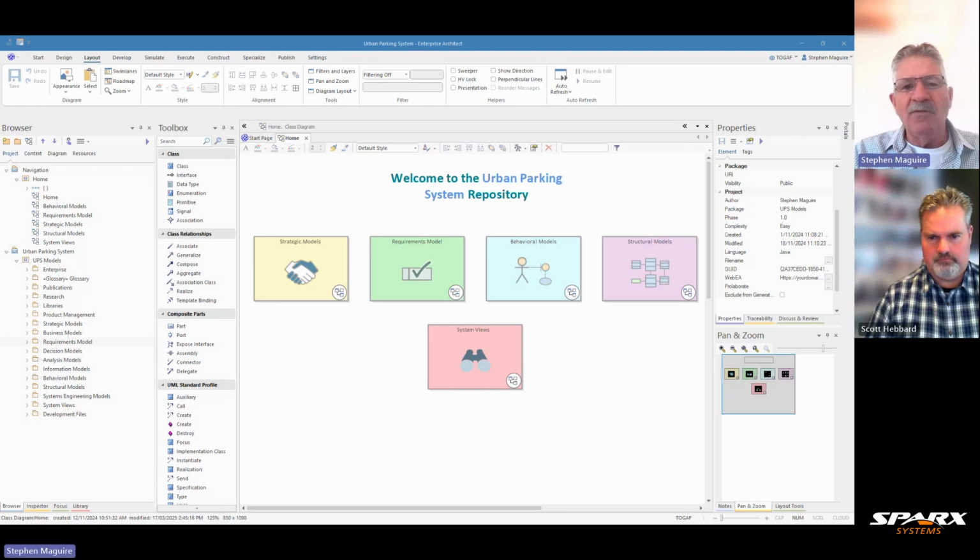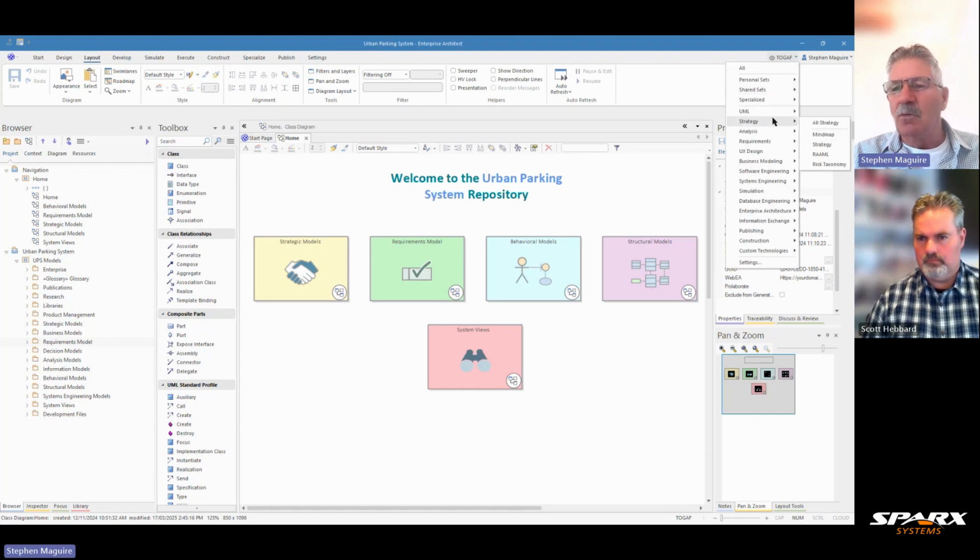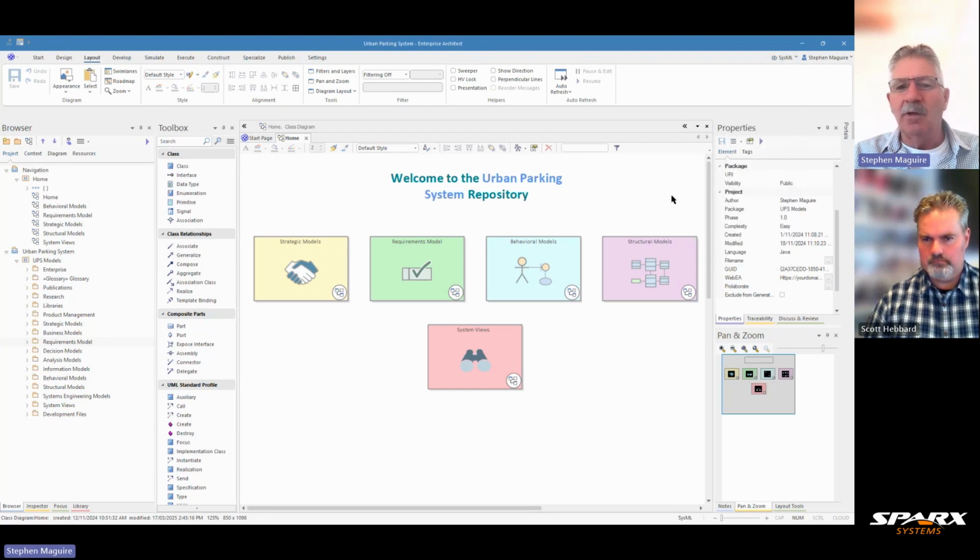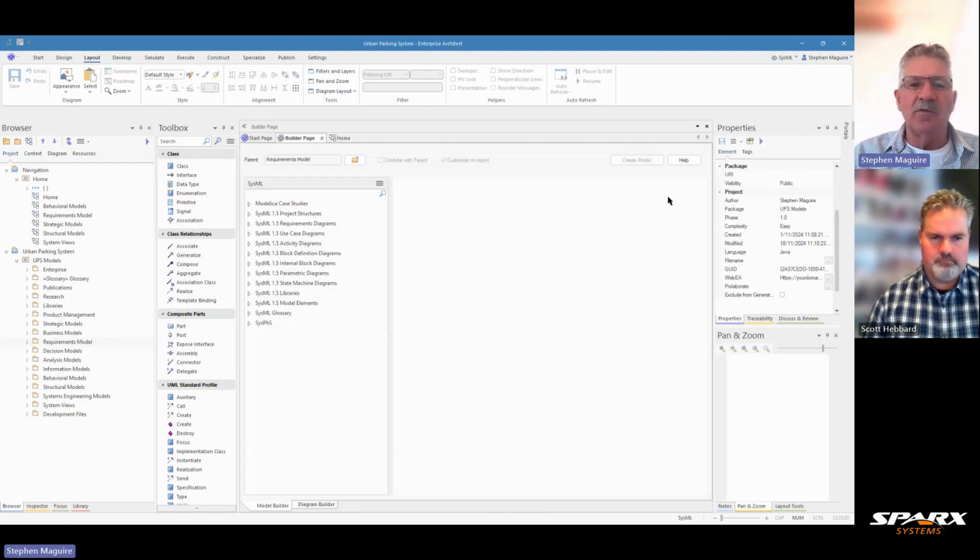So having said that, let's get started, and as always, set our perspective by going to the top right-hand corner of the application. I've been doing some TOGAF modeling. We can drop this down and look at the perspective sets. We can look at systems engineering there and the SysML. We click on that, the tool changes its focus, brings up the builder page,